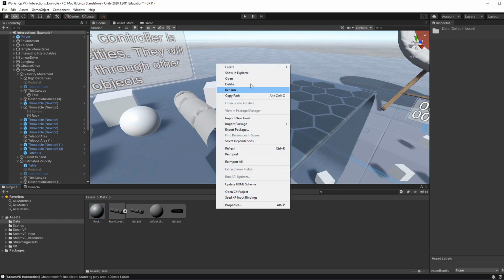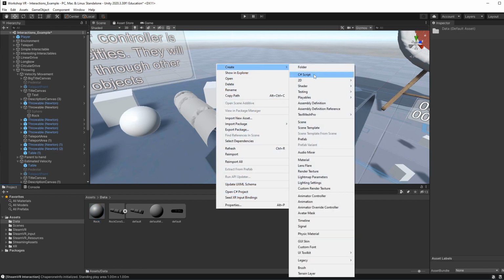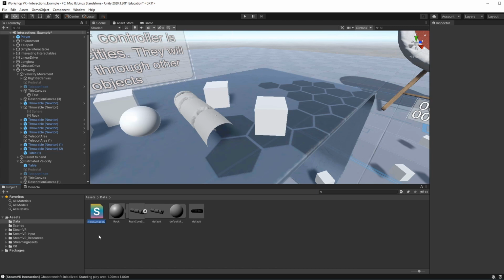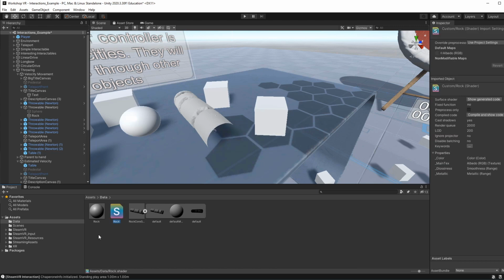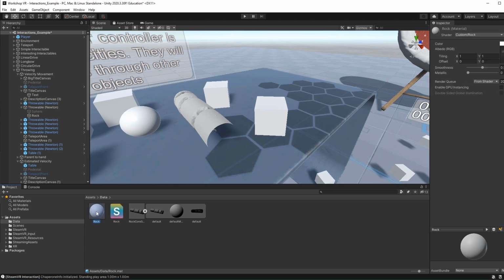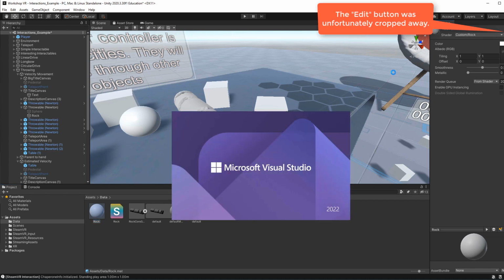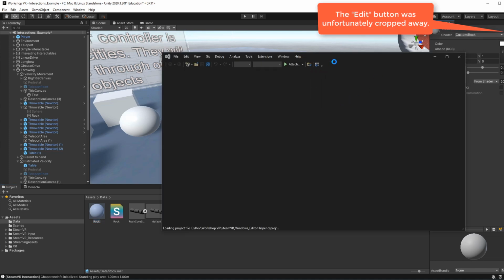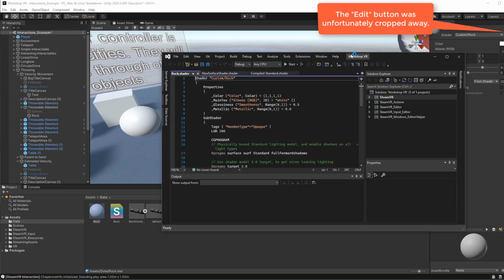In our case, we want to create our custom shader that is based on the standard surface shader. So let's just call this rock shader as well. Then we can drag and drop this shader into our material, so it gets assigned as the shader here. And we'll go ahead and edit the shader. If you click the edit button here,